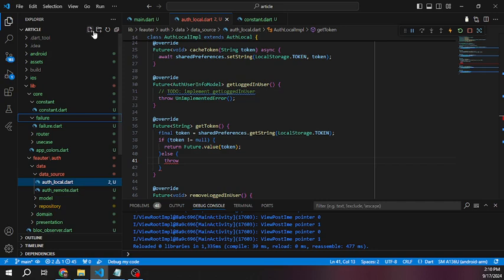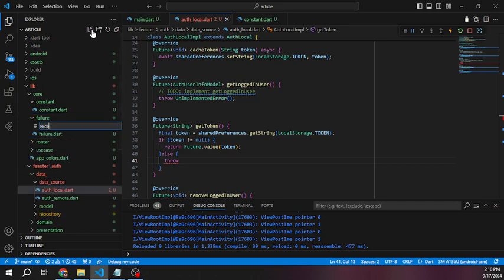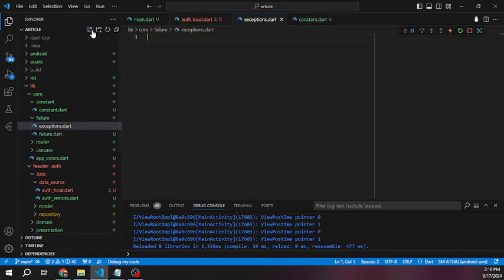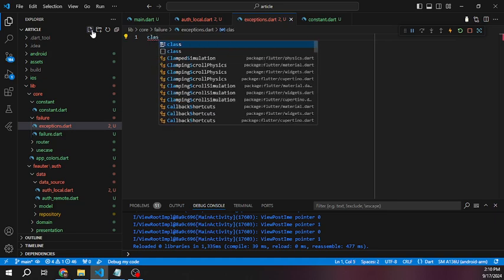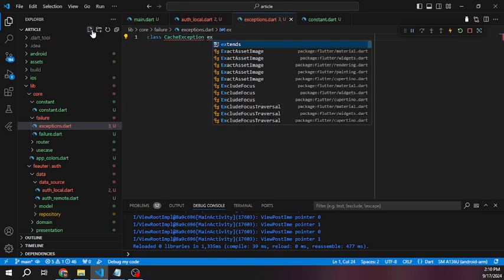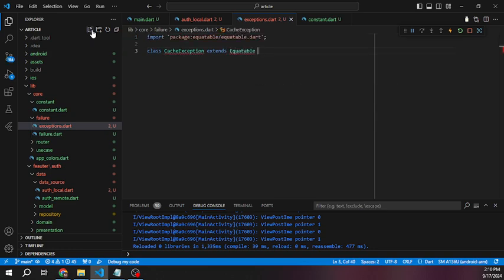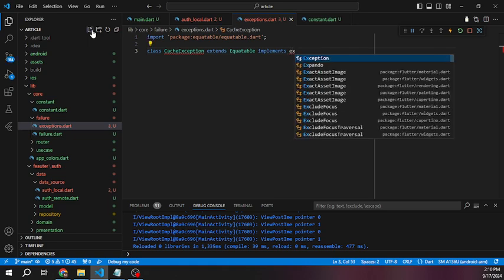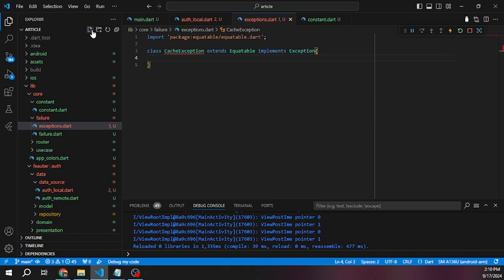Where is failure? Okay, exceptions. So that class exceptions to extend executable, and it's going to implement our exception. Final string message,